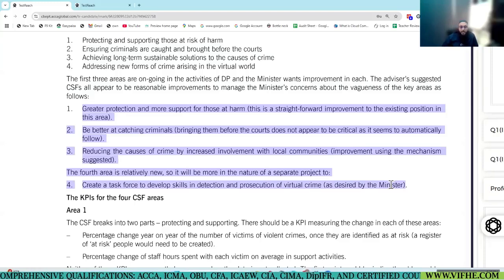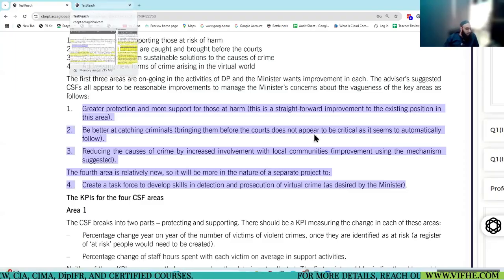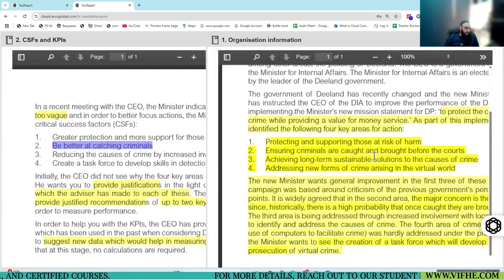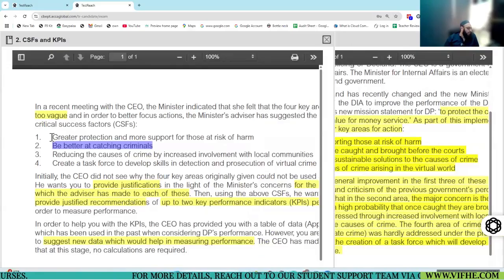Now, listen. Area 1. Protecting and supporting those at risk of harm was changed to greater protection and more support. What has been added here? 2 things.